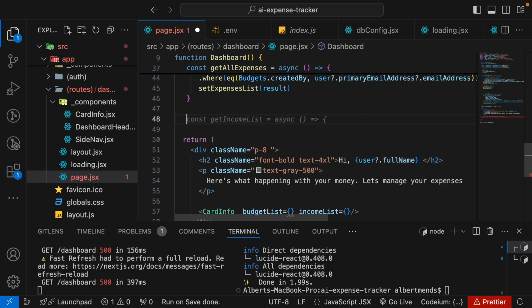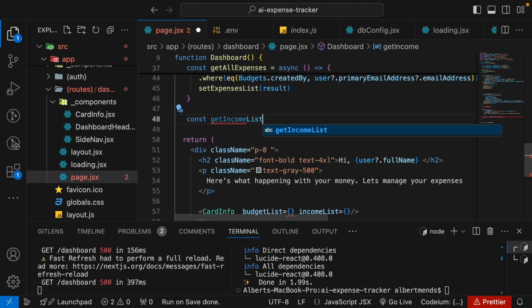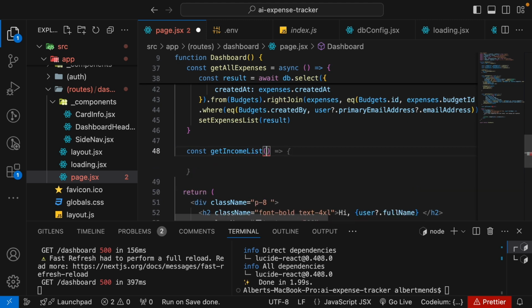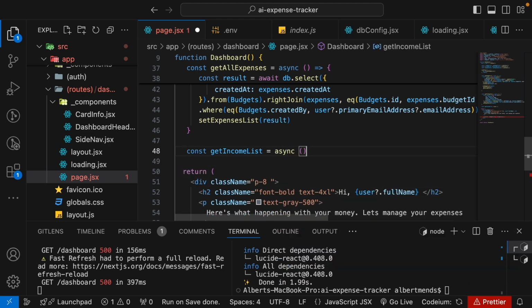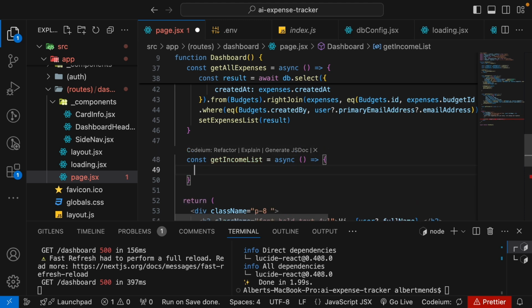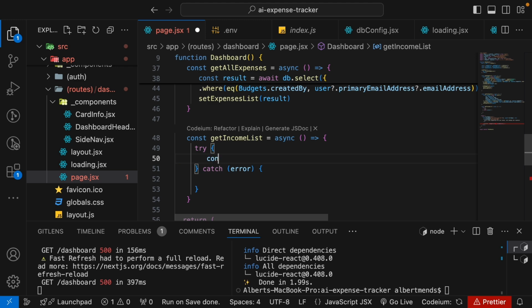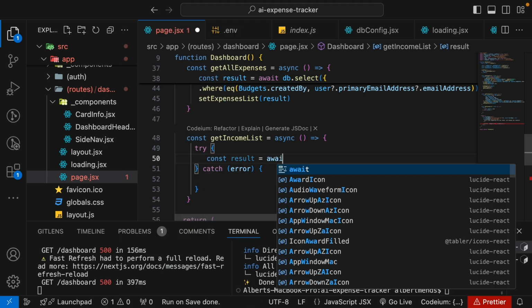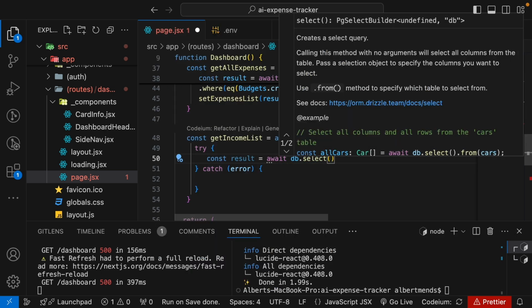So we have const get income list, async, try catch, create a variable const result as usual to hold the result coming from the database. So await db.select,